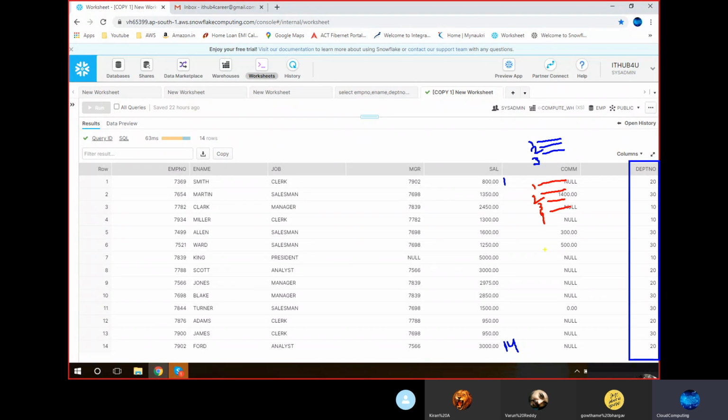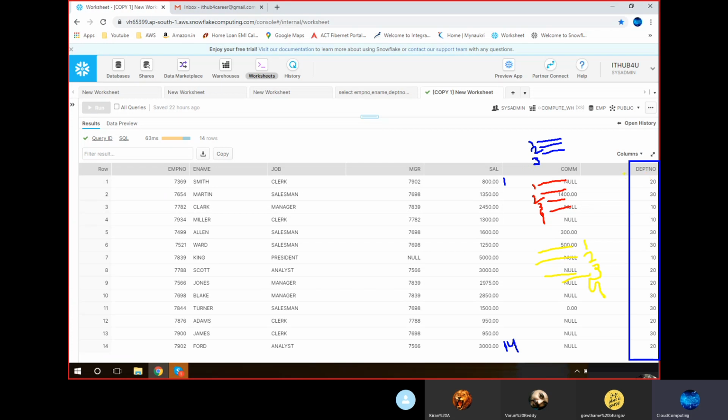After that, for 30, again 1, 2, 3, 4. So this is the second level. The first level provides row numbers, sequence numbers, for all the records. The second level provides row numbers based on a specific column.